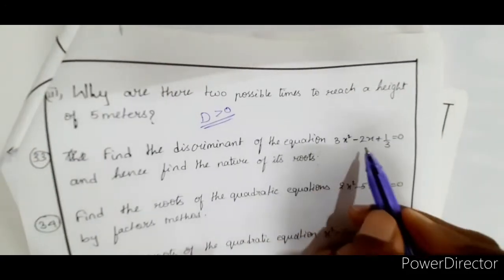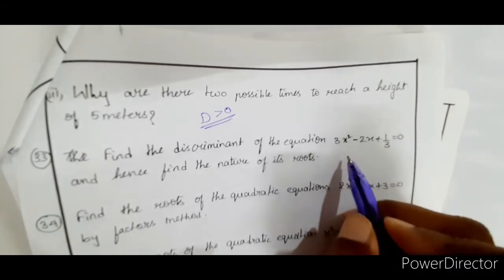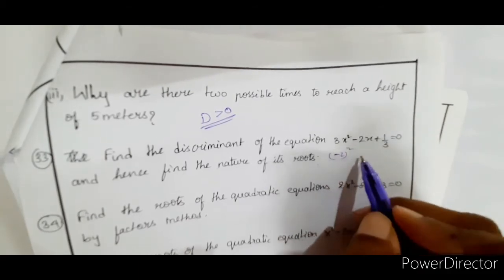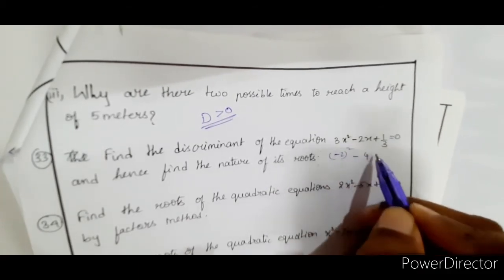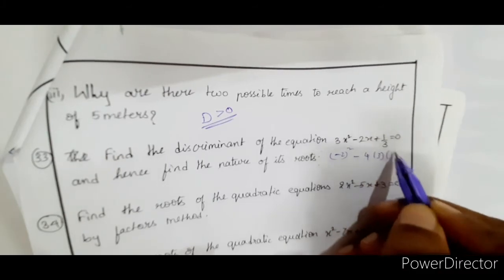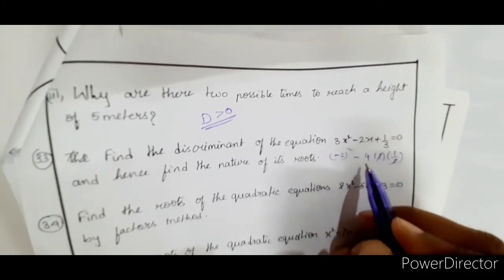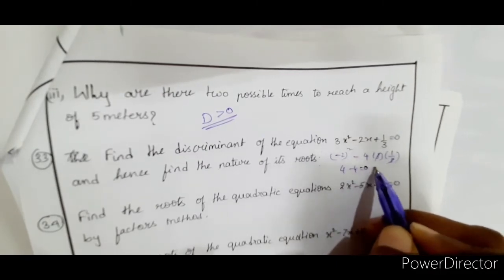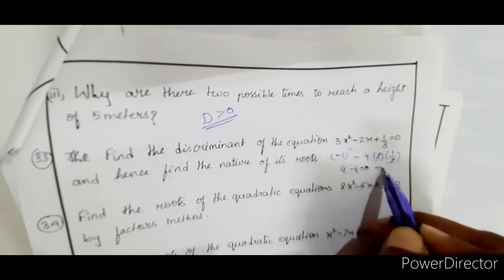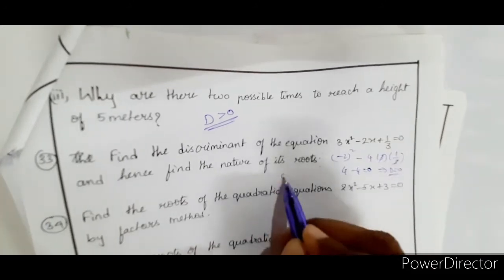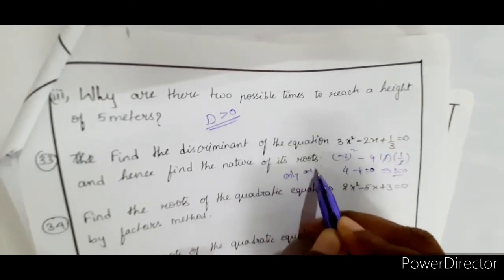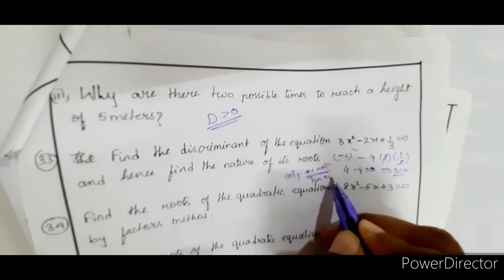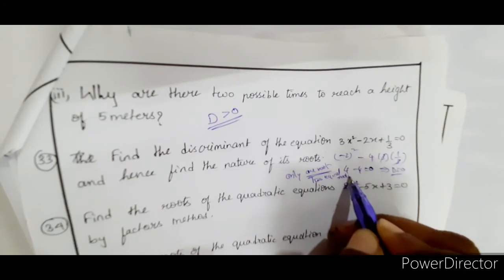So again the discriminant, that is 1 by 3 is there. You may be getting confused, therefore I am doing it. b square minus 4ac, that is minus 2 whole square, minus 4 into a is 3 into c is 1 by 3. 3 will get cancelled, nothing to be worried. So 4 minus 4 is equal to 0. Right, discriminant is 0, implies D is equal to 0, means only one root or two equal roots. Any way you can write.